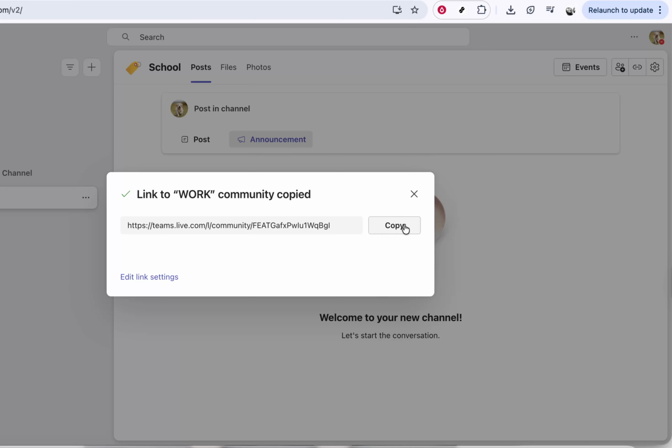Just remember that anyone with this link may be able to request access, depending on your organization's settings, so share it only with people you trust or with groups that are meant to be public. And that's all there is to it. Click Communities, select your channel,